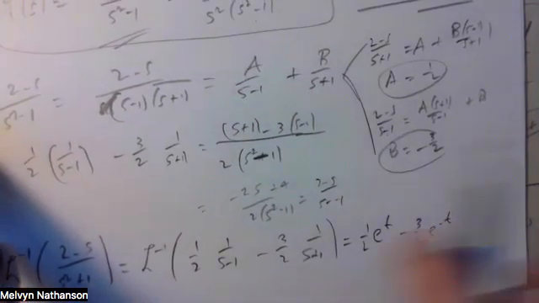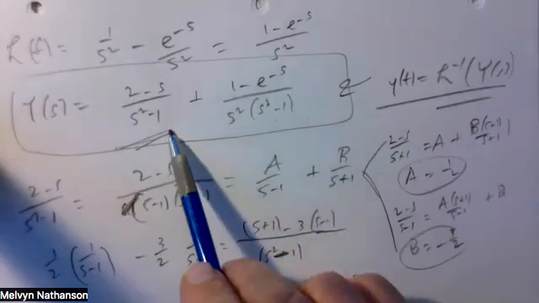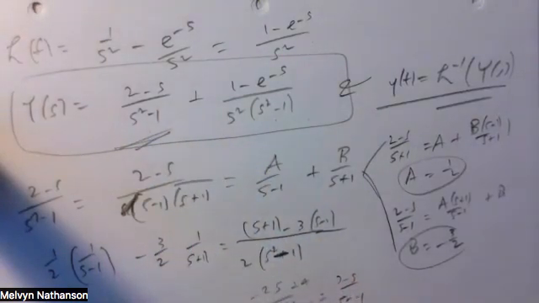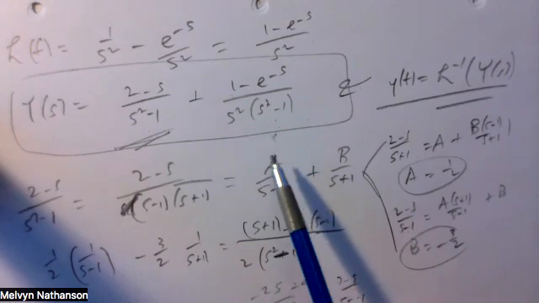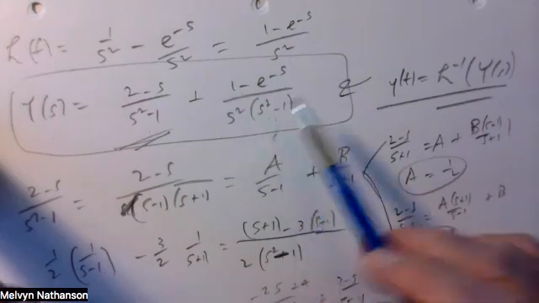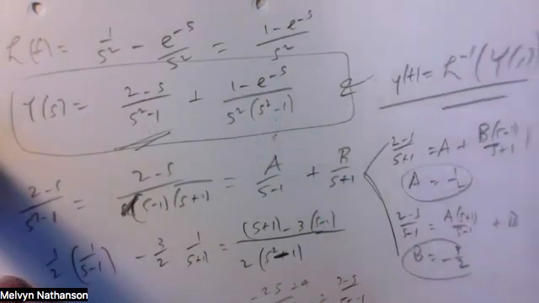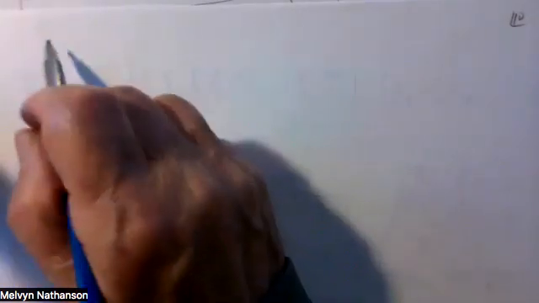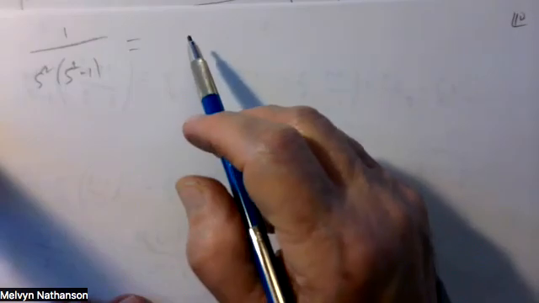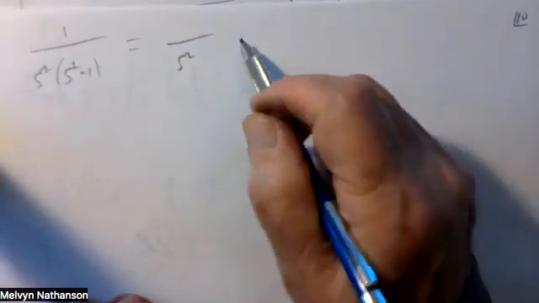And so here's Y of s. It involved this term, and this should be the inverse Laplace transform of that, and then this term. So you have to figure out what is the inverse Laplace transform of this. So if I just take 1 over s squared times (s squared minus 1), let's see if I can write that as partial fractions. I have 1 over s squared times (s squared minus 1). And if I'm lucky, I can write this as,